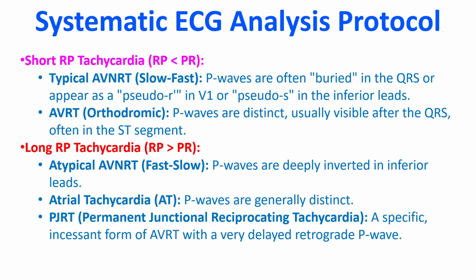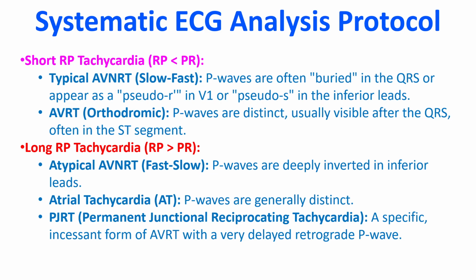The RP interval is the time from the onset of the QRS to the next P wave, which is a powerful discriminator between short RP tachycardia, in which RP is less than PR, and long RP tachycardia, in which RP is